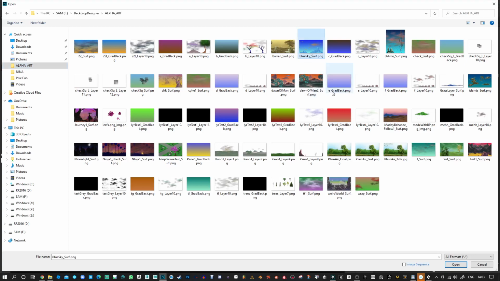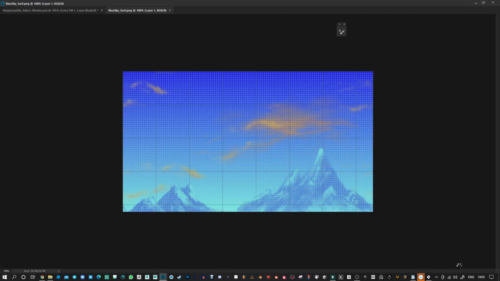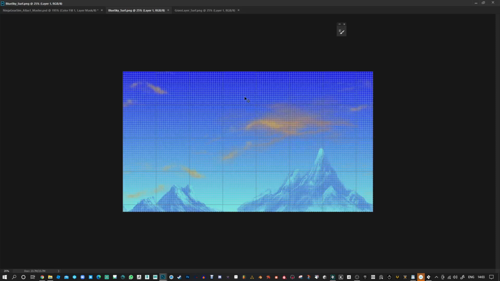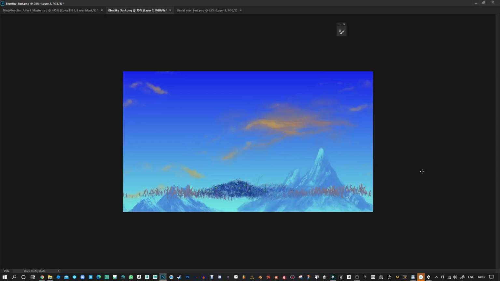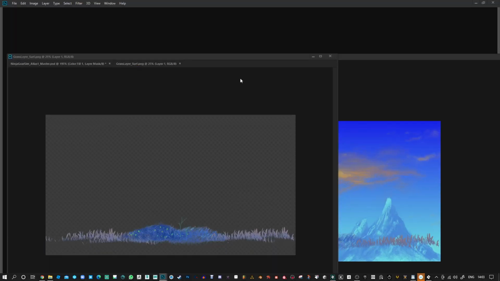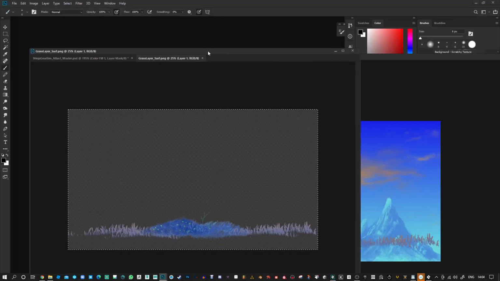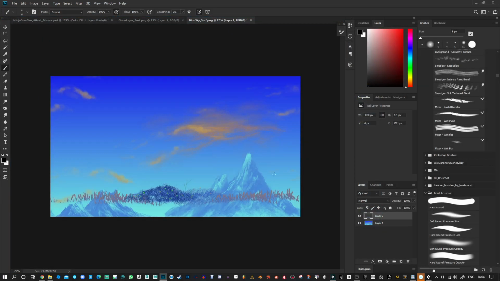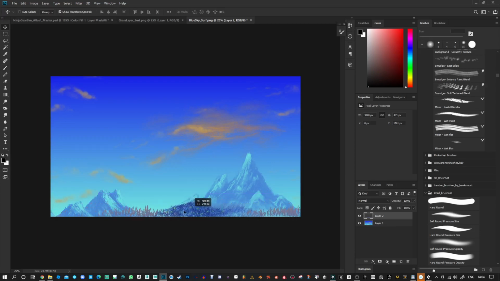So we've got the blue sky and there should be a grass layer. And there we go. So now if I put that over the blue sky, and I'm just going to change this mode. Okay, go back there. So now I've got this separate layer that I can tile around the way